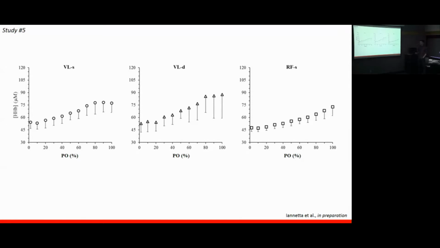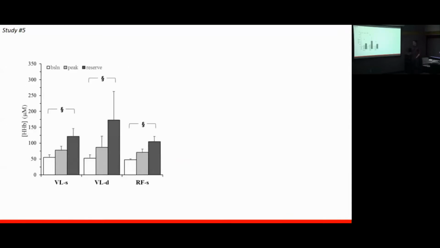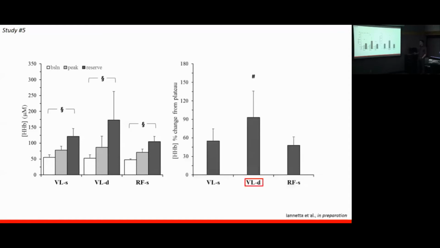But now when we look at the reserve, we found that the reserve, which is this dark gray here, is present in all the muscles, and especially in the deep portion. So it's something that is intrinsic. These are the peak values at exercise exhaustion. But interesting to see is that we found a greater overshoot in the deep portion of the muscle, significantly greater,